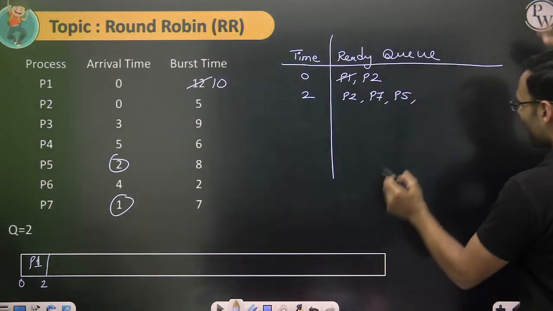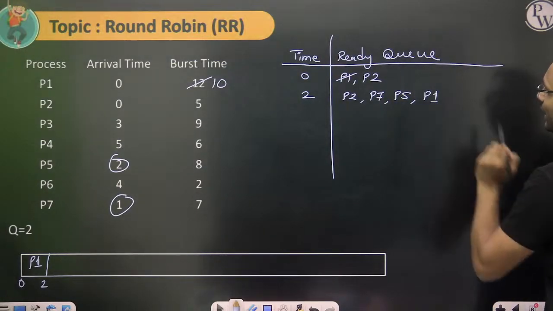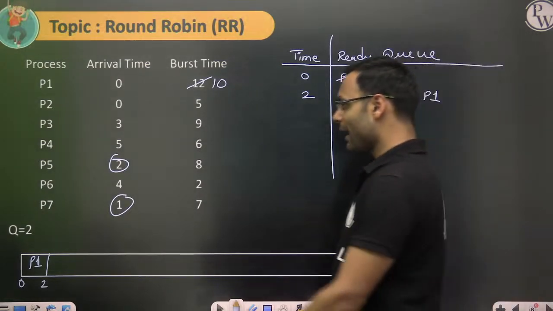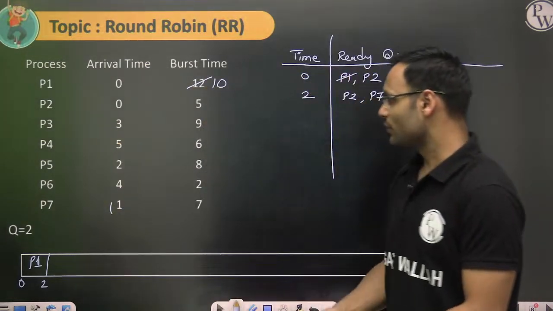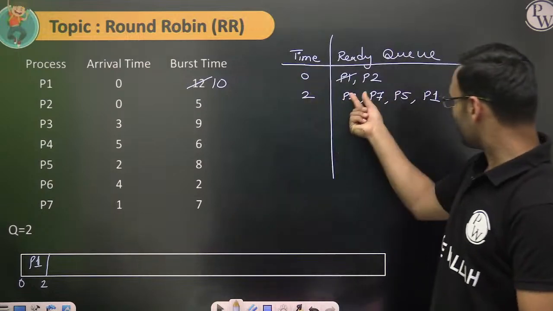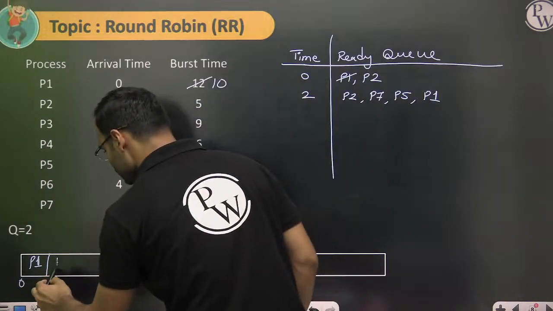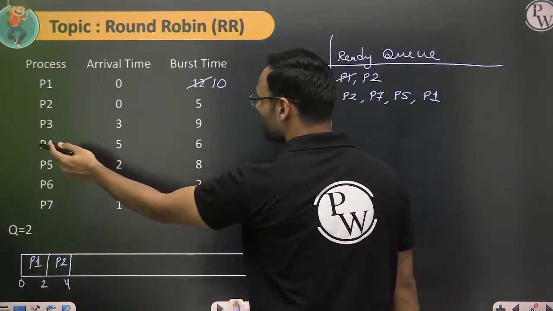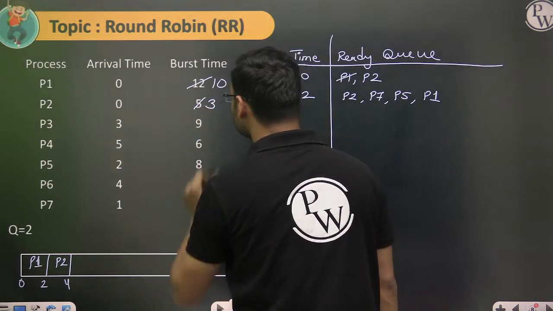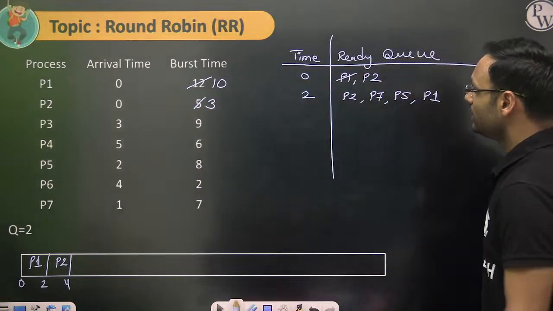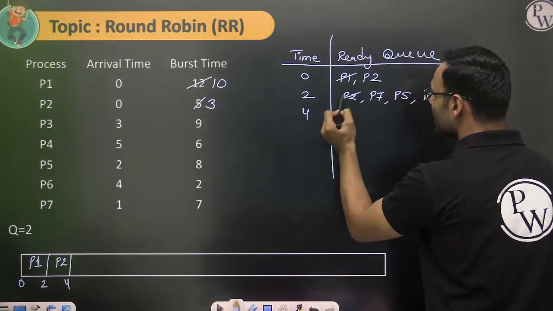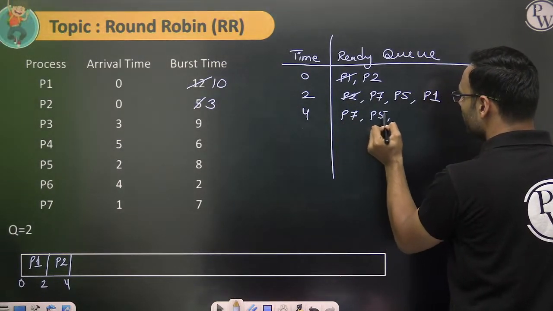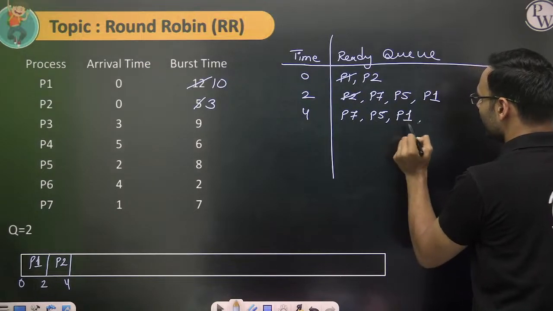And P1 comes back, got added at the end of the queue. That's how it is. Fine. Now, what is the process which is in the front of the queue? P2 process. So P2 runs next till 4 time unit. 4 time unit P2 runs, remaining is 3. And till 4 time unit, when P2 has gone for running, P7, P5, P1 were there in the ready queue